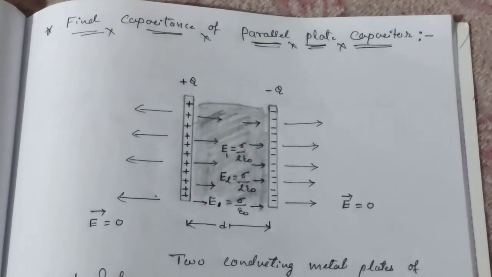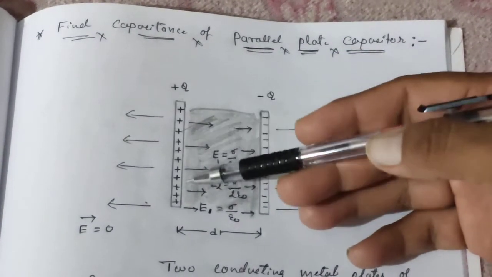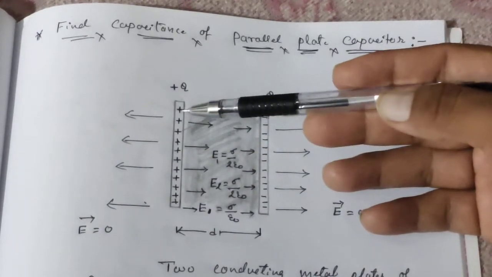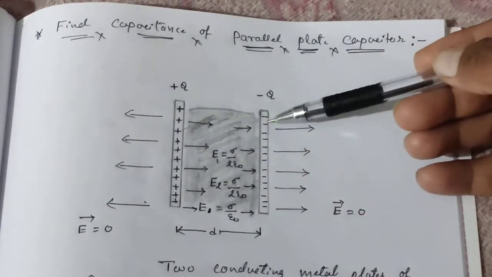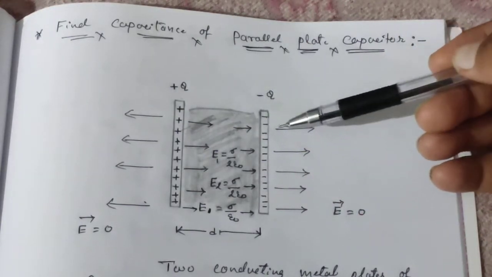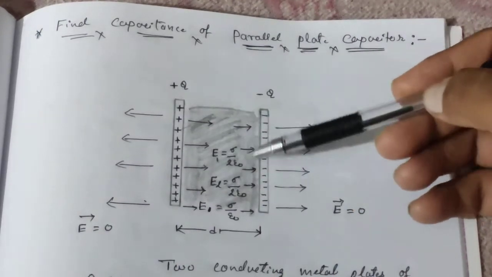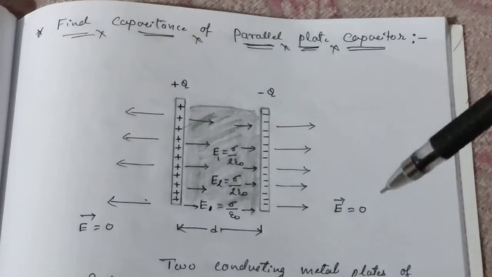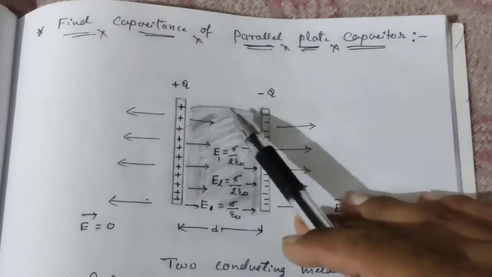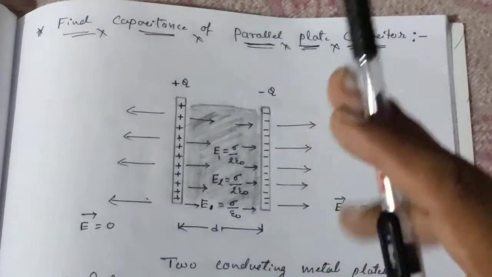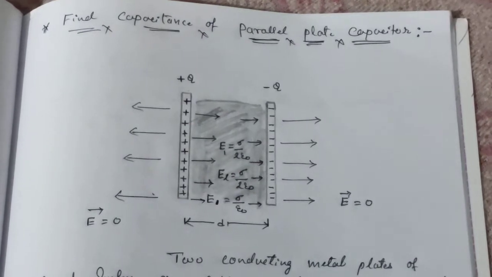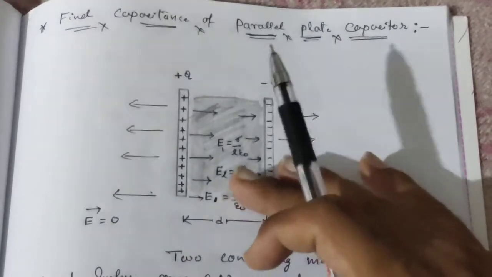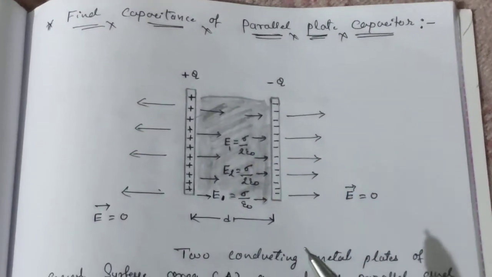Now, since charge is present over here, an electric field is produced. Remember, for a positive charged particle the electric field is radially outward, and for a negatively charged particle it is radially inward. Hence, in between these two plates such an electric field is produced, and that electric field is uniform. Remember, the electric field produced between the two plates of the capacitor is uniform, which means this is a nice arrangement or a nice device. If we need a uniform electric field, then we can use this device easily. Okay, now let's start the theory.